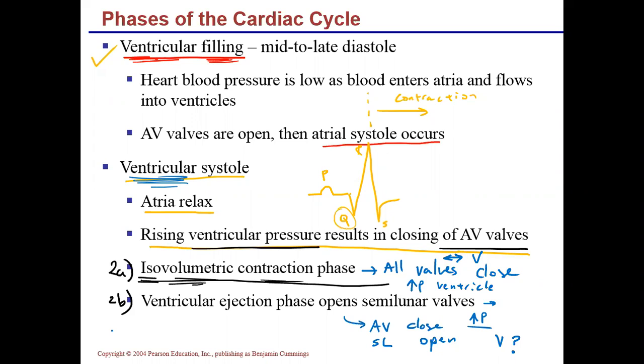Because remember, the volume went out of the ventricle. We are talking about the volume inside of the ventricle. So if they are ejecting blood from the ventricle, the volume is going down. So in this case, the volume and the pressure actually have the opposite relationship with one another. The more pressure exiting the blood from the heart, causing the volume to go down. All right, so we are done with the